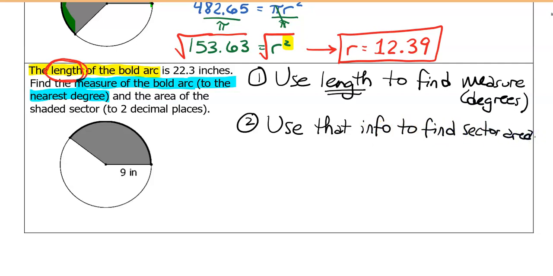The reason I wanted to do this problem is because it makes you recap what we've already done. The first part talks about the length of an arc, so use the older stuff. Then, after you've done some work, you're going to be ready to find area. So pause the video, give this one a shot, at least step 1, hopefully step 2 as well, and then